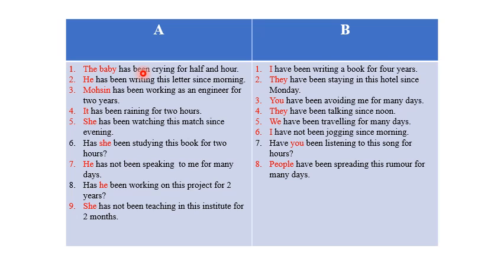If you recall, in my previous lecture, I told you that after has, have, and had, we always use third form of the verb. Now in this case, because the time we are describing is continuous,